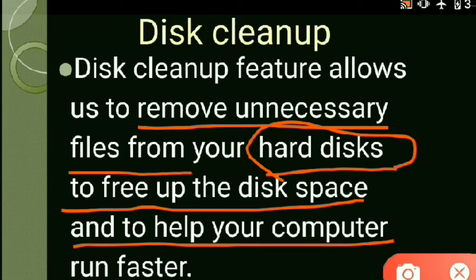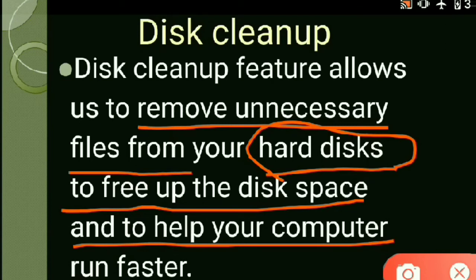and it will increase your computer speed. Everything you know, if you are keeping things in an almirah and you want some space, then you have to remove something from that almirah. In the same way, if you want some space in your computer or you want to free up your computer from the waste material, then you have to clean it. How will we clean it? Just remove the unnecessary files from your disk drive.